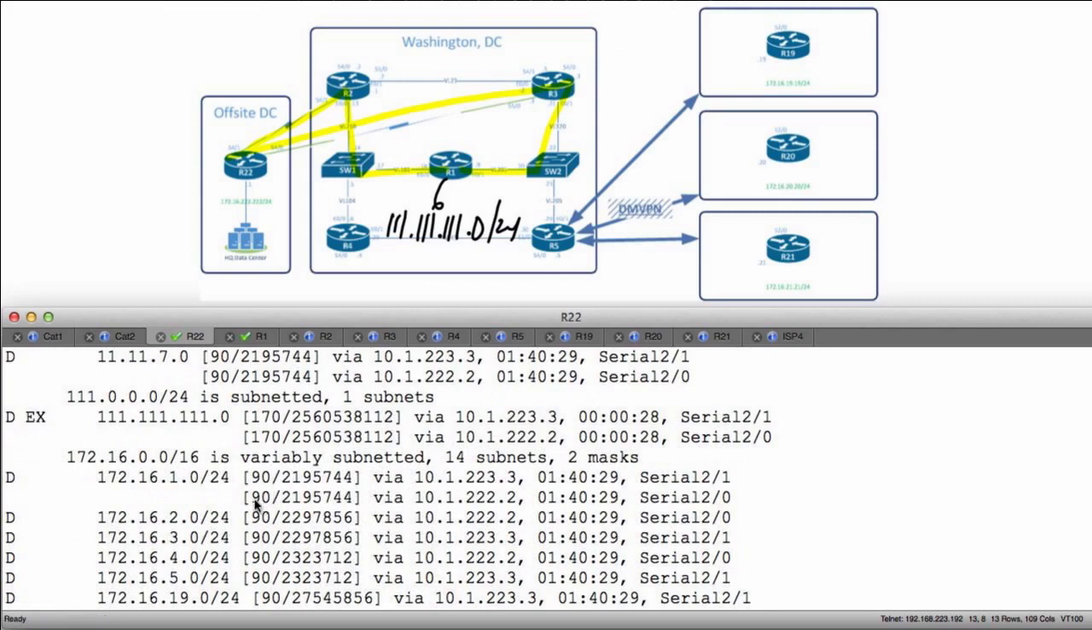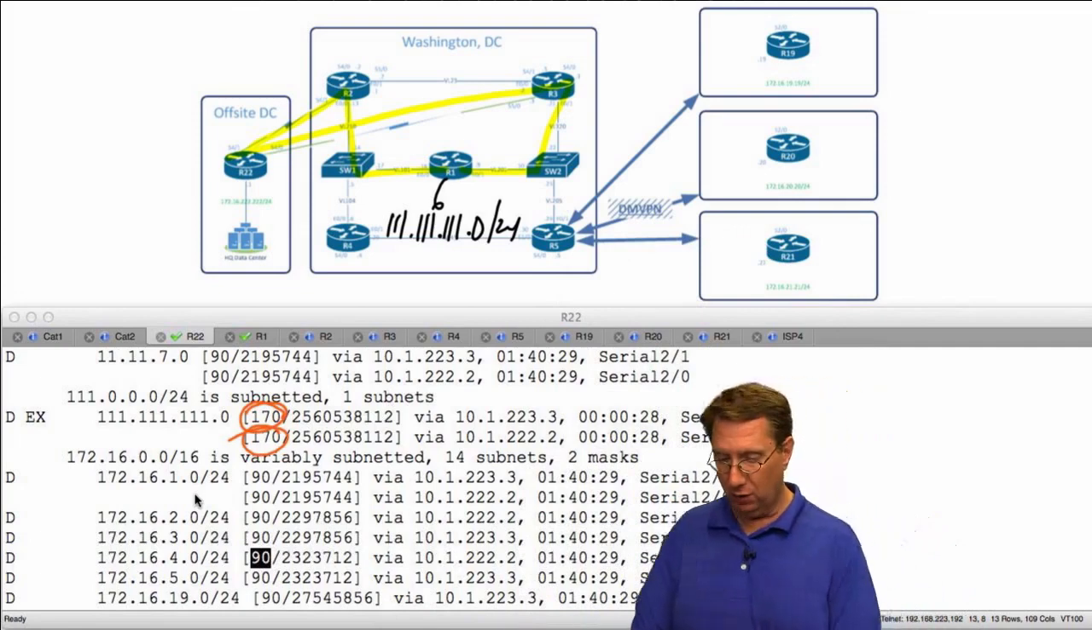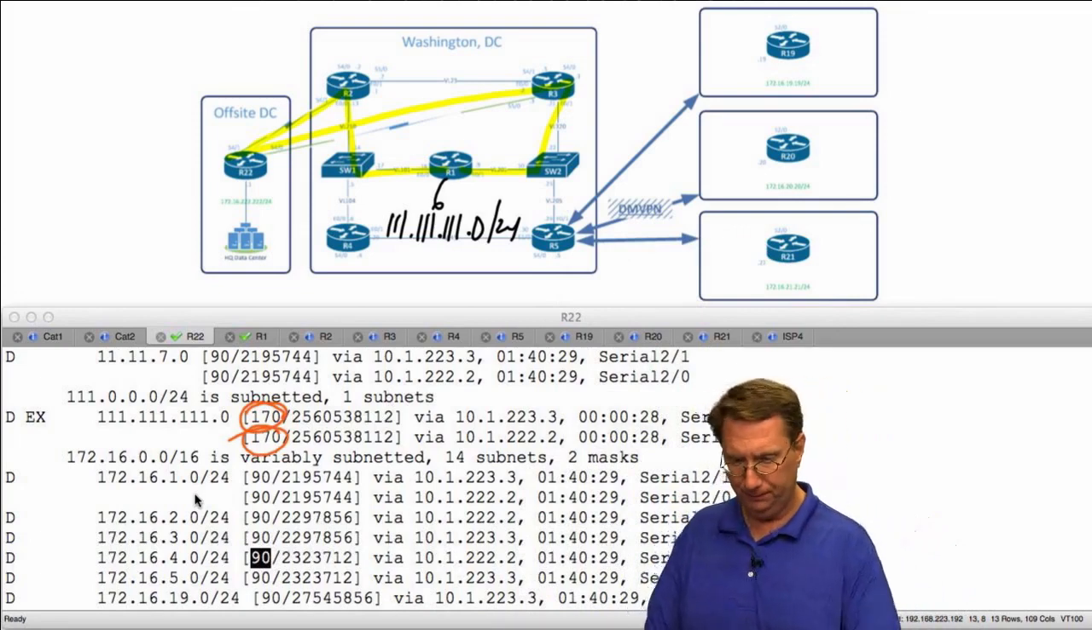Now all of our internal prefixes have an administrative distance of 90. That's what's represented here. But what we see now is that we have an administrative distance of 170 for these external prefixes. Now, it still doesn't mean anything, because what will happen is if I come over here,